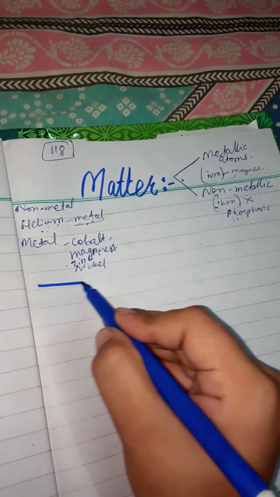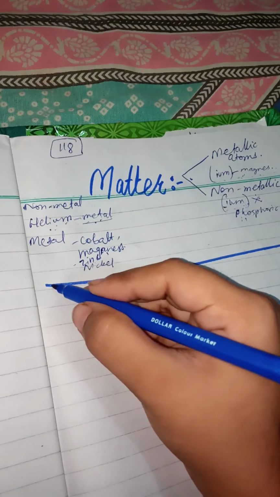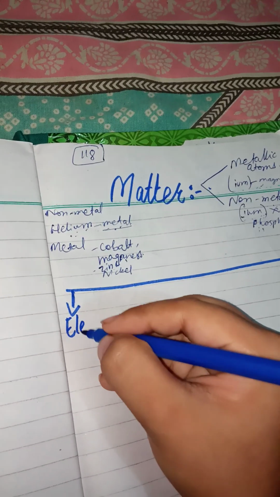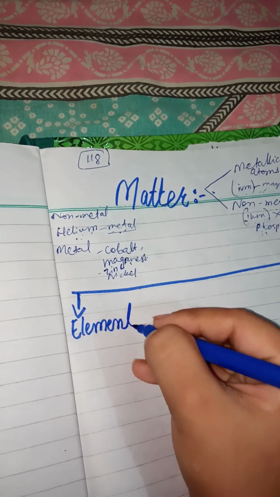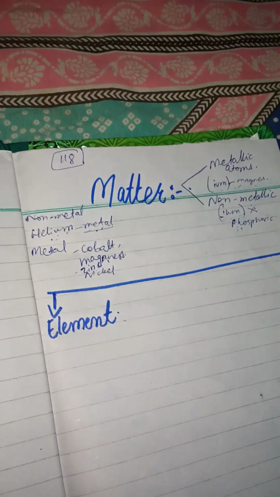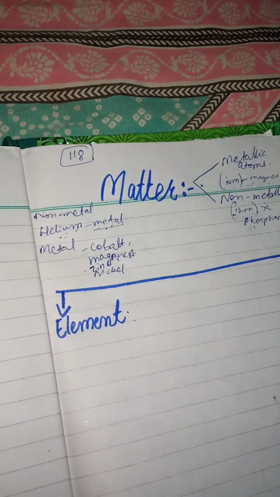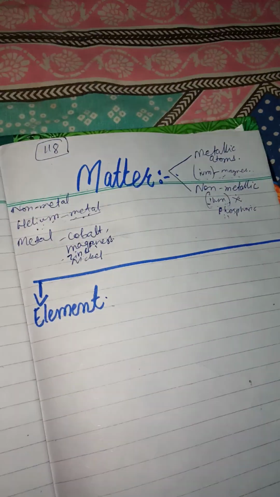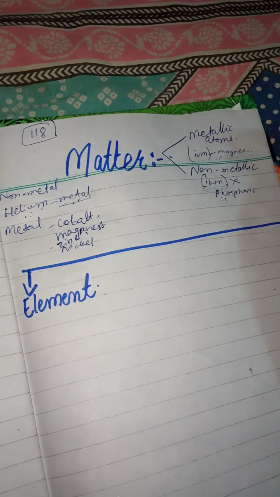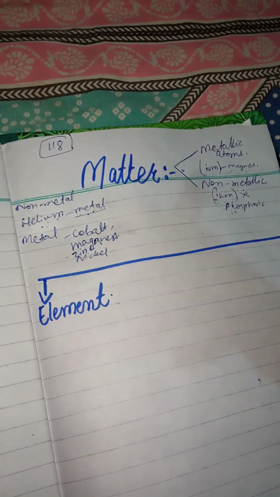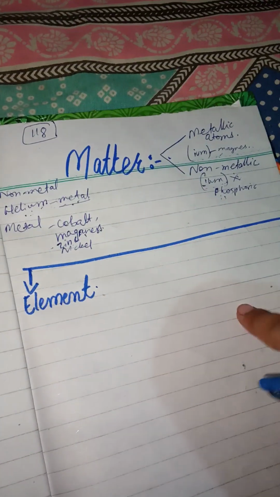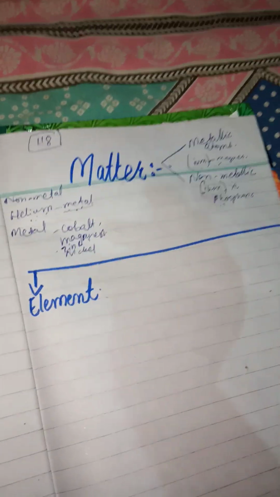So now let's move to the types or some branches. Here this is the element. This lecture is very important, I guess, just because we will study the basics of chemistry. Some people do not like chemistry just because the concepts are not clear. They're just learning throughout. That's the reason. Otherwise, when you get this concept, you will always love chemistry.